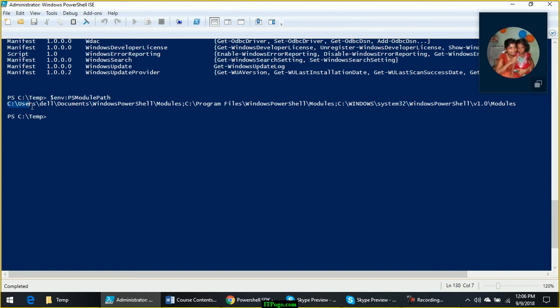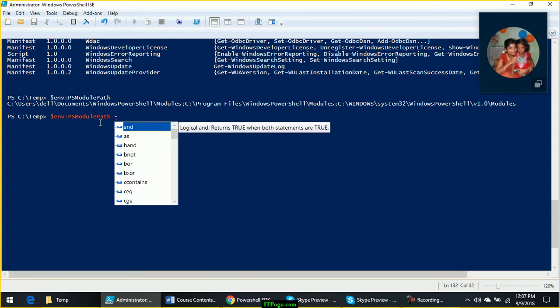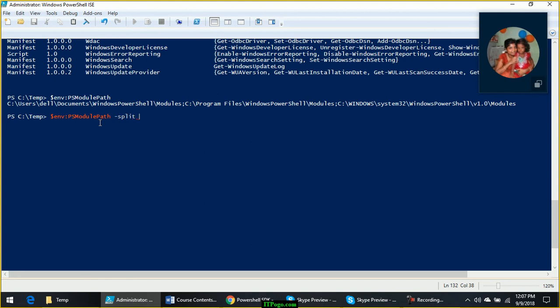There are 3 folders currently available, separated by semicolons. This is the first one, this is the second one, and this is the third one. When you install a third-party software, that software will modify this environment variable. If you want to see this list, you can split it using a semicolon.